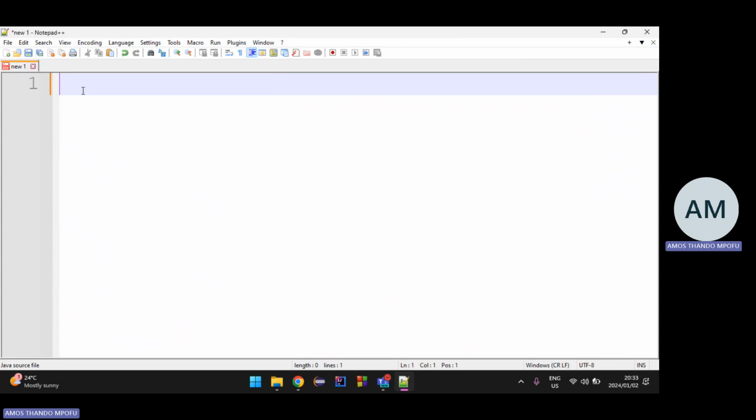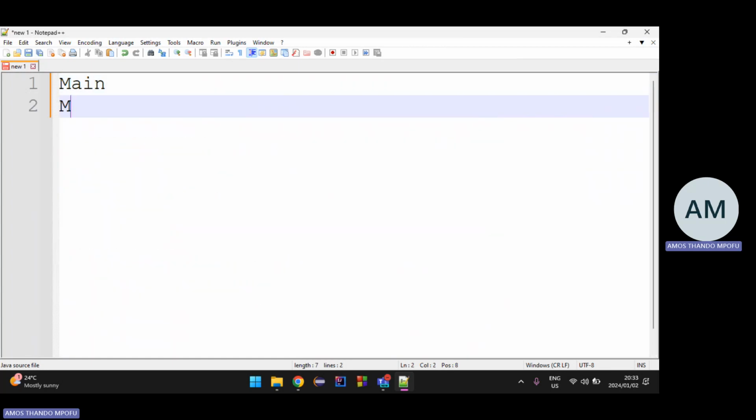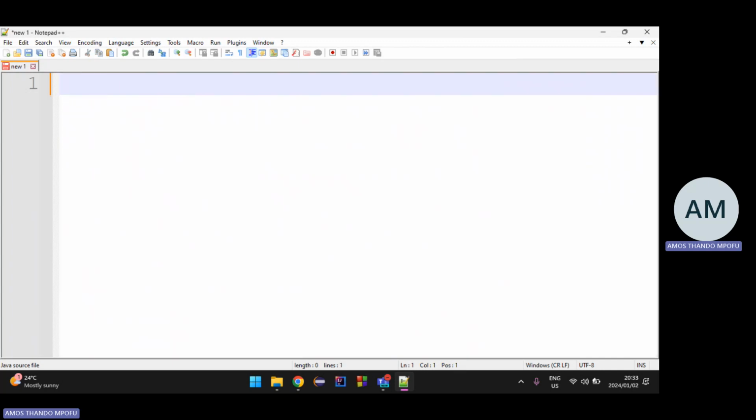So if you're gonna name your class main, you're gonna save your file as main.java, right? The .java extension means this is a text file that is written in the Java language. So that's how we know.